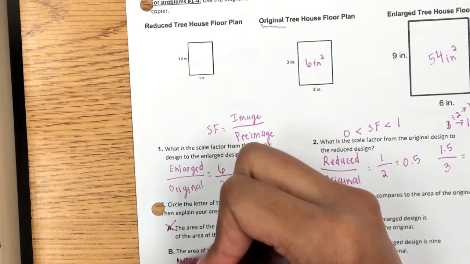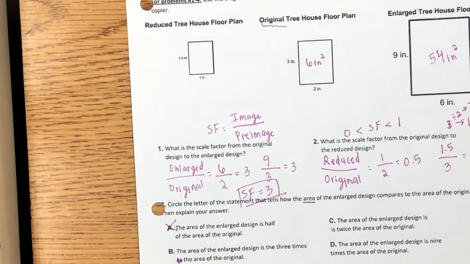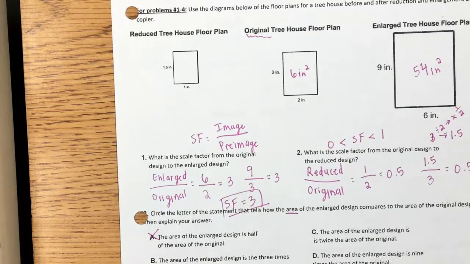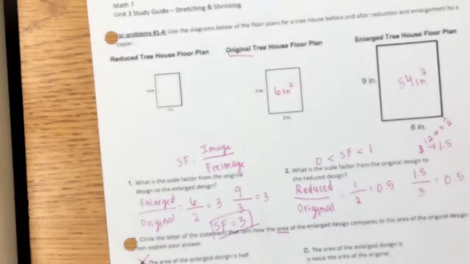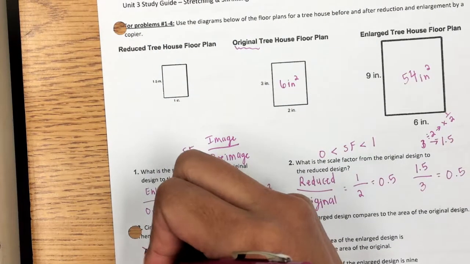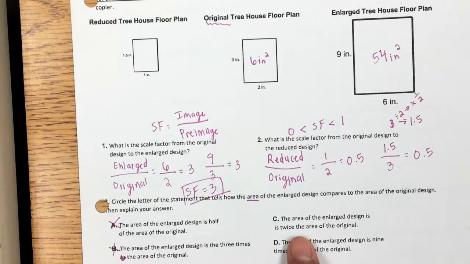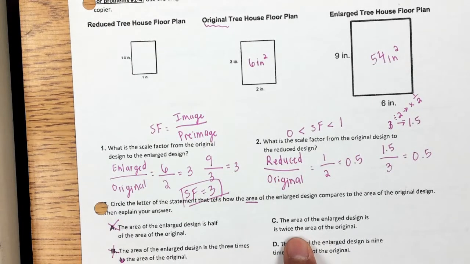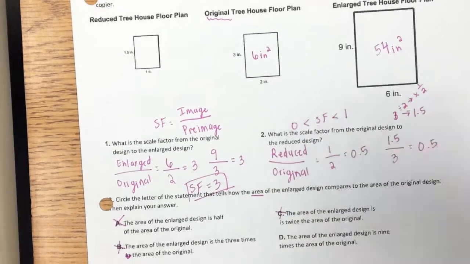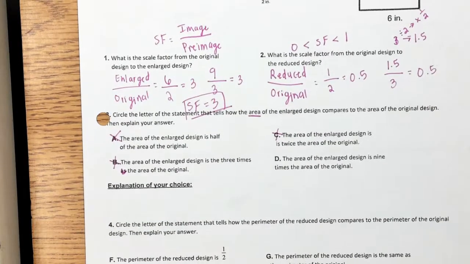Let's ignore this as it shouldn't be there. Is 3 times the area of the original. So let's test that. We said the area of the original is 6, and this is saying 3 times that. 3 times 6 is, is it 54? No, it's not. It is 18, so we can get rid of B. Alright, how about C? The area of the enlarged design is twice the area of the original. Well, is 6 times 2 54? No, it's not. By process of elimination, which is a great test-taking strategy, it looks like our answer is D,